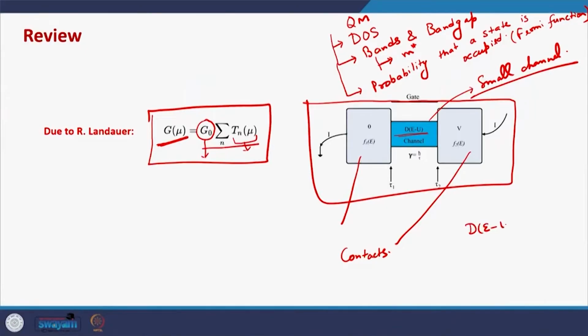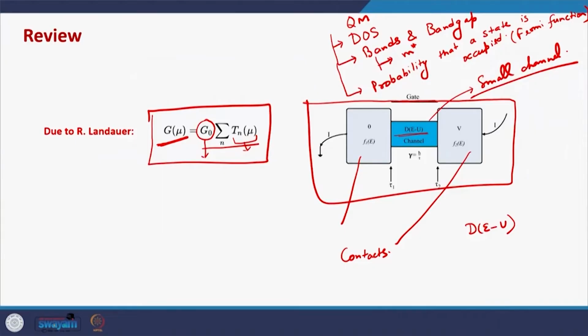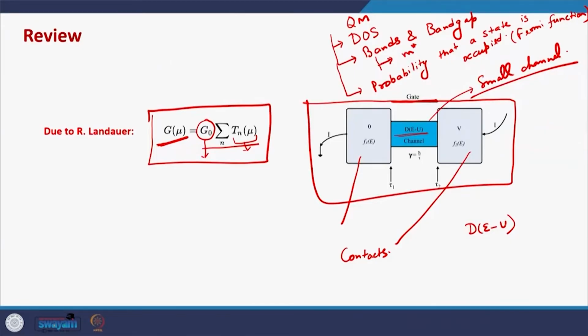In addition to that, there might be various interactions that the electron might be undergoing. So, when an electron travels through a device, it might interact with other electrons. In addition to that, we might have a gate like structure where we can apply a voltage and we can produce an electric field in the channel, and that will modify the potential energy of the electron. So, this density of states